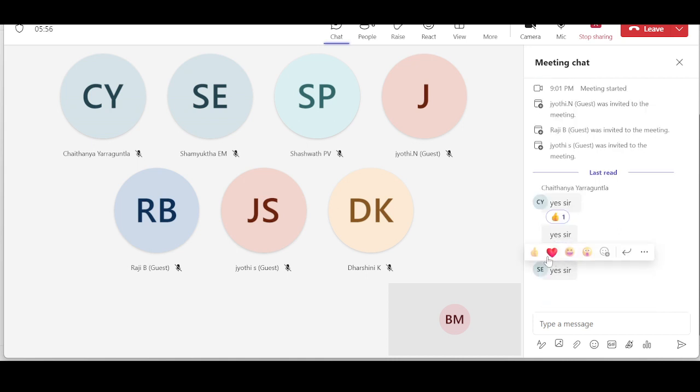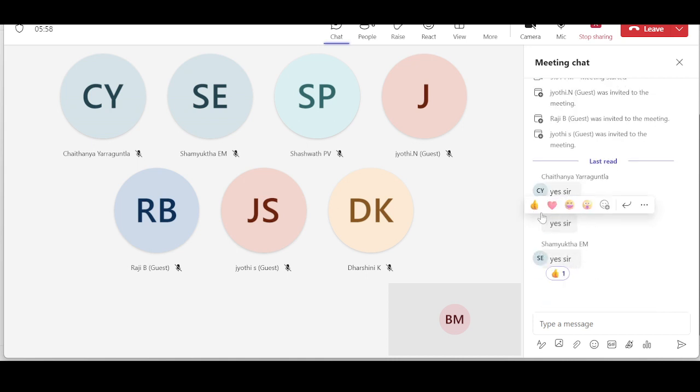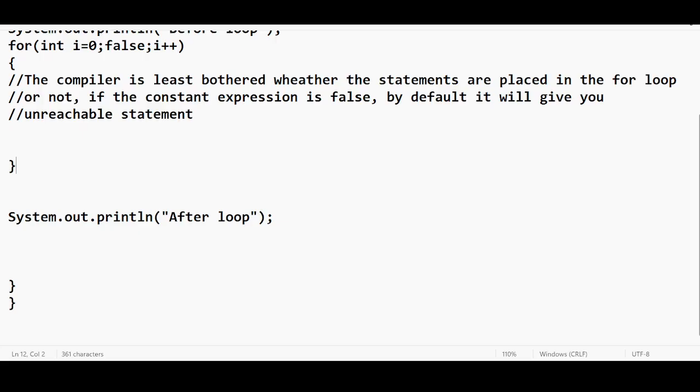Hello. We will see a few more examples for better understanding. Now,